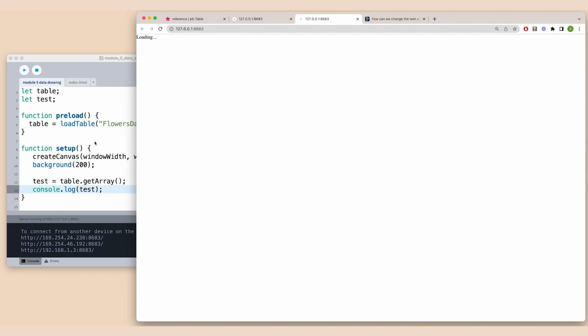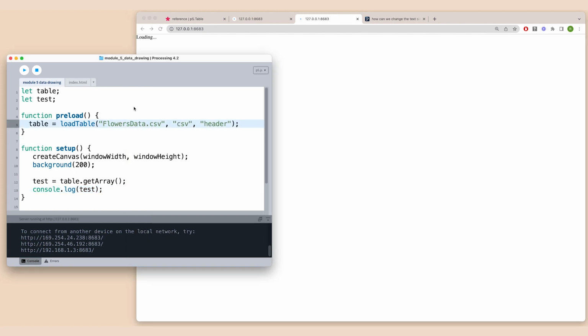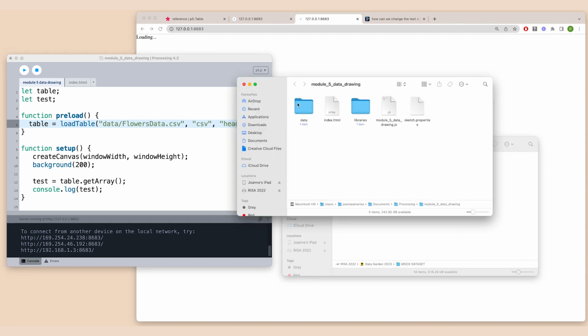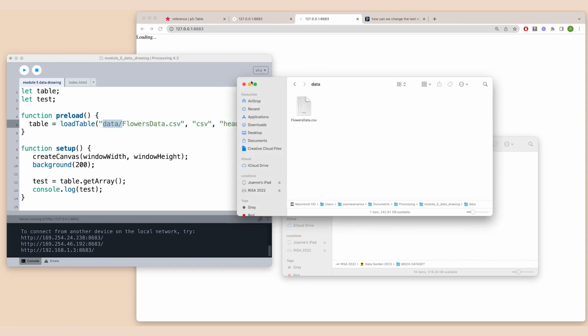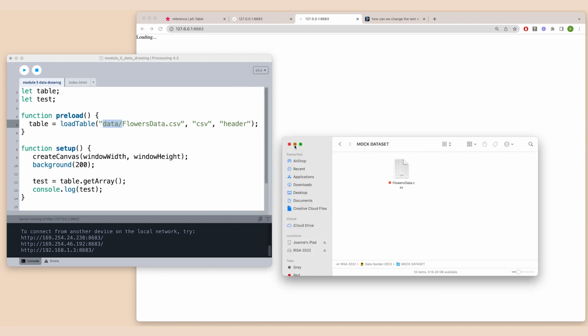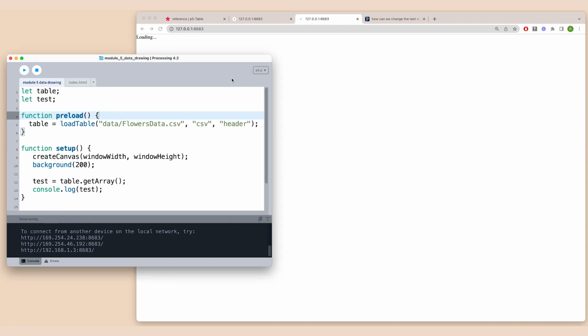Oh, one thing that I forgot to show you guys is you need the data slash. You need to type in data slash before your file name. If we go back to that sketch folder, your file sits within the data folder, so it's kind of like breadcrumbs. You also need to let p5.js know where to locate it, and that's why we add data slash in front of the file name, so don't forget that. I forgot to do that, so now it should work. So if I run this,